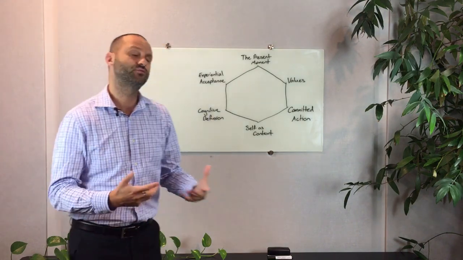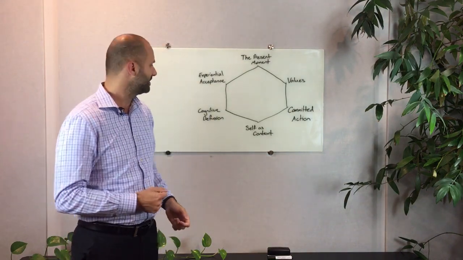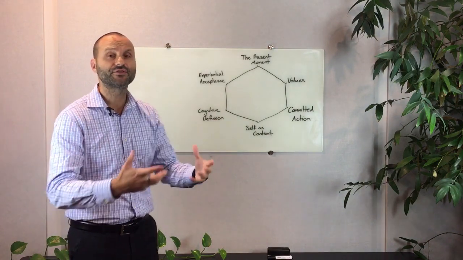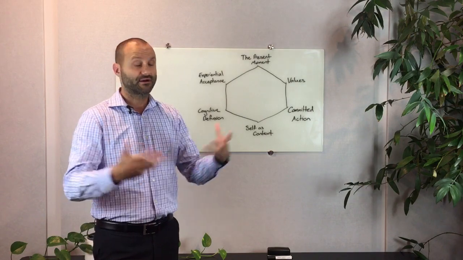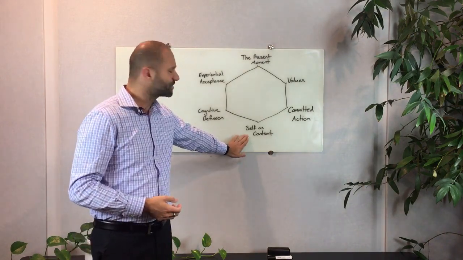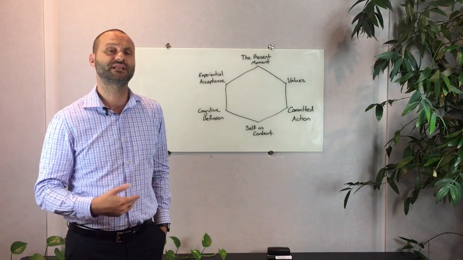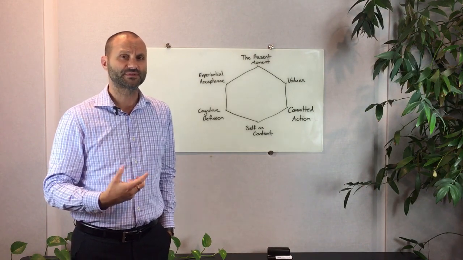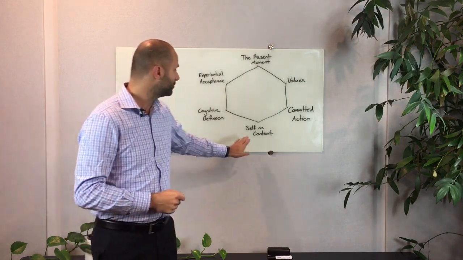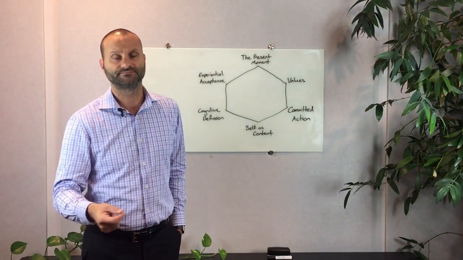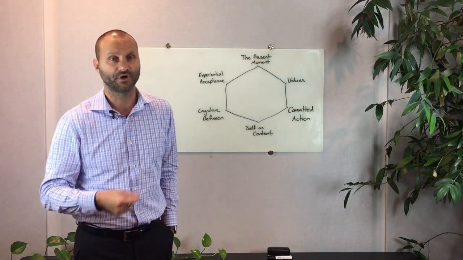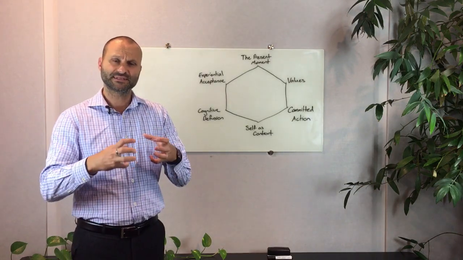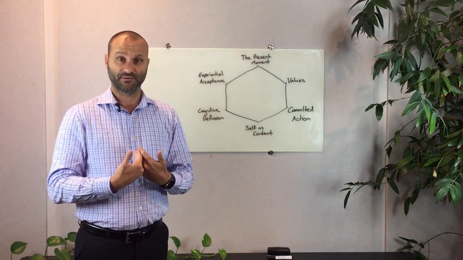Here is self as context, one of the harder processes to understand, but it's very much like cognitive diffusion. However, in cognitive diffusion, these are thoughts that arise about the world. With self as context, these are thoughts that arise specifically and directly about you. In some sense, they often come up as I am statements. For example, I am boring. I am not good enough. I am stupid. All of these I am statements, in some sense, really fused, stuck with some type of identity